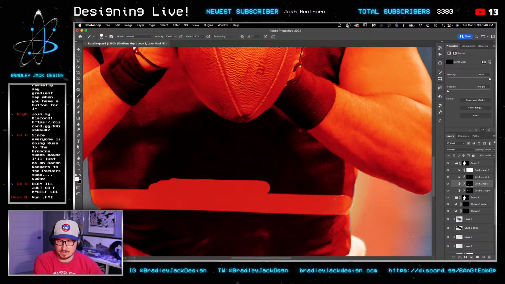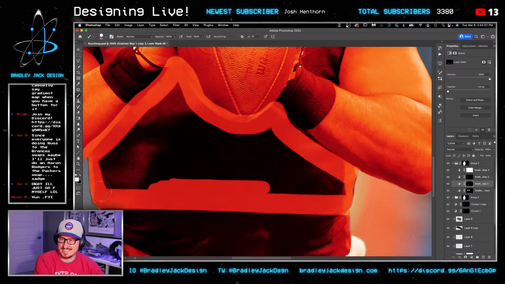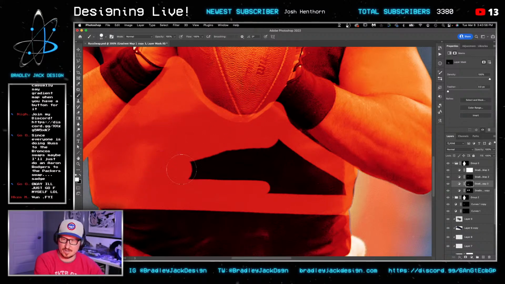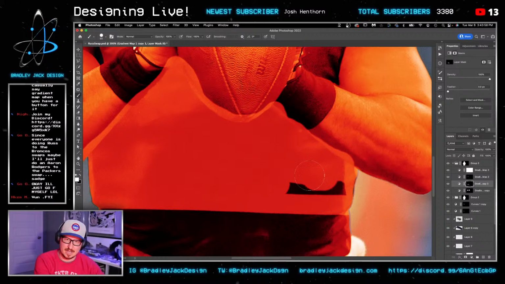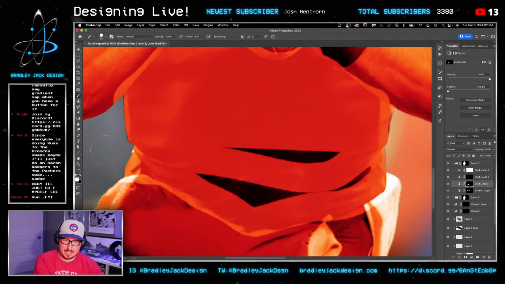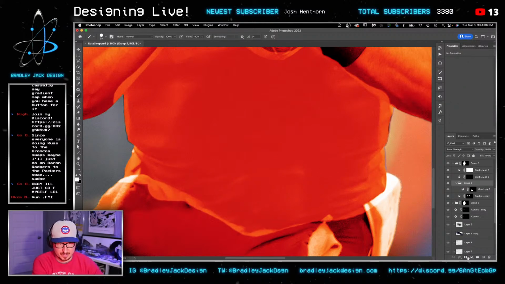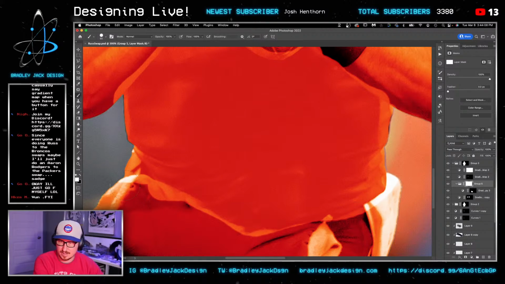So I'm just going to paint wherever I want, like this. And we're going to end up using a curves layer to darken this up after the fact. Look, it's orange. That's all I wanted. I just want it to be orange. I'll group this together and then mask out the areas I don't want this to be affected by,